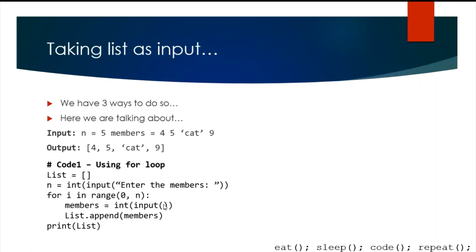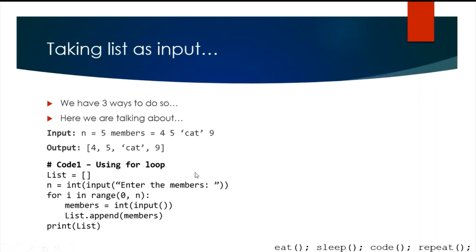Now if I want to take input for a list, there are basically 3 ways. Here we want to take input the number n. This is a doubt for everyone: if I want to take an input of strings in a single line, what do I do? How do I do that? Because this thing comes in competitive programming, or when you practice on HackerRank, you need to take the input of a list on a single line. So how do you do that? We have 3 ways for that. You can see how we want an input and how we want an output.